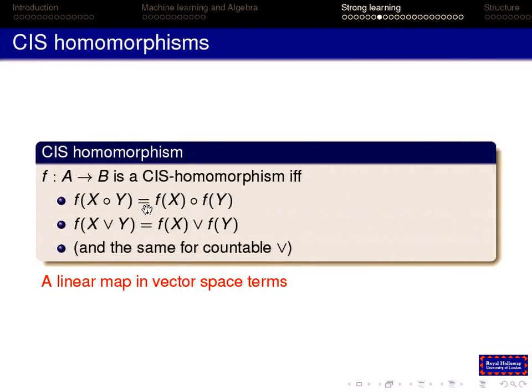Now, I guess this probably isn't going to be a huge surprise, but we're going to do homomorphisms of these algebraic objects, these semi-rings. So a homomorphism is exactly the same thing as a linear map, except instead of being in a vector space,